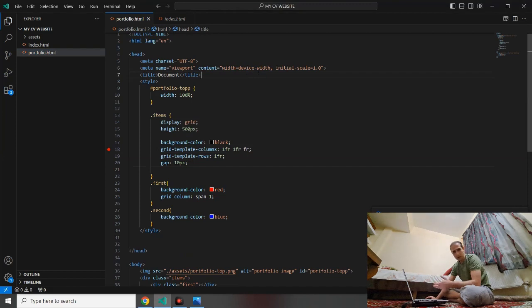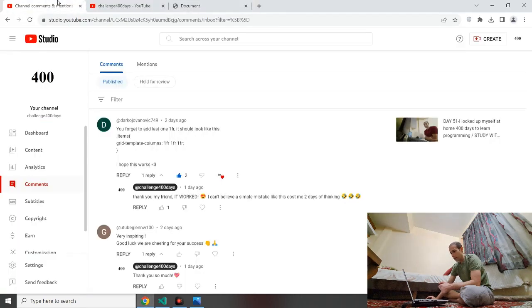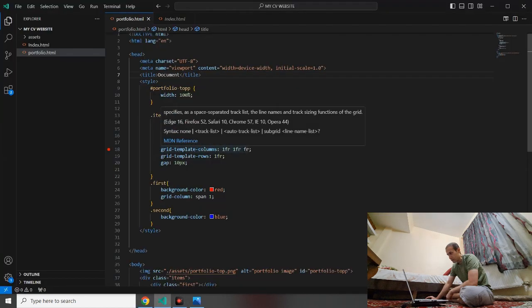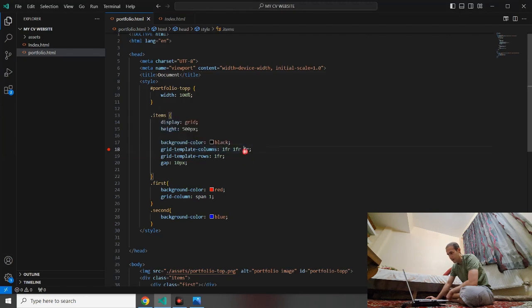So after 2 days, I read a comment of yours on YouTube, and one of you guys told me, you forgot to add the last one fr. It should look like this. And I came back to my code and saw, yes, here I forgot to add one number, and this cost me 2 days